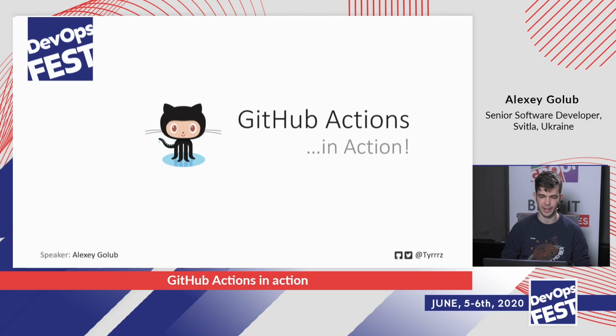So hi everyone again. My name is Alexey, and today I wanted to talk about GitHub Actions, which is a relatively new project automation platform that has been released by GitHub. And I say relatively new because it has been out for a little bit less than a year. And although this talk was supposed to be given slightly earlier this year, it's still quite new. And I think a lot of people could benefit from an introductory talk to this new piece of technology, which I think is pretty awesome. So let's get into it.